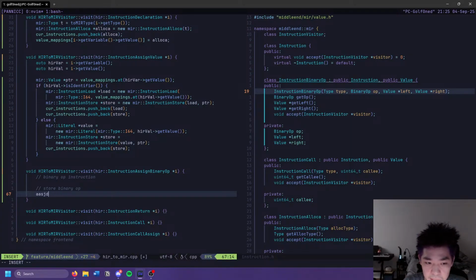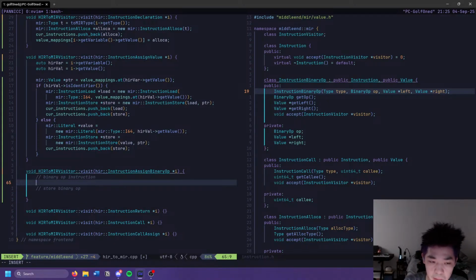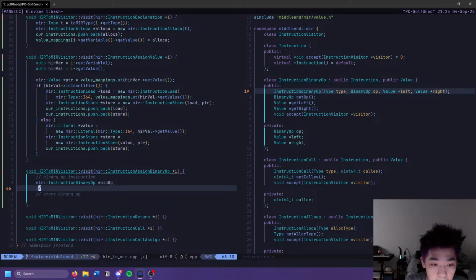How do I do this? So you want instruction, binary op, MIR. So let's just call this binOp equals, we'll just declare this for now. Let's just do that for now, and then let's make the